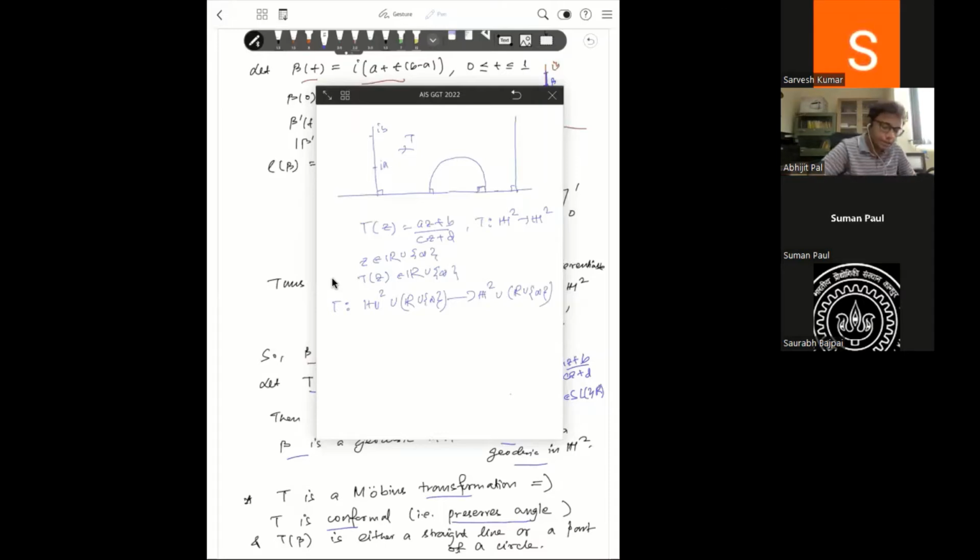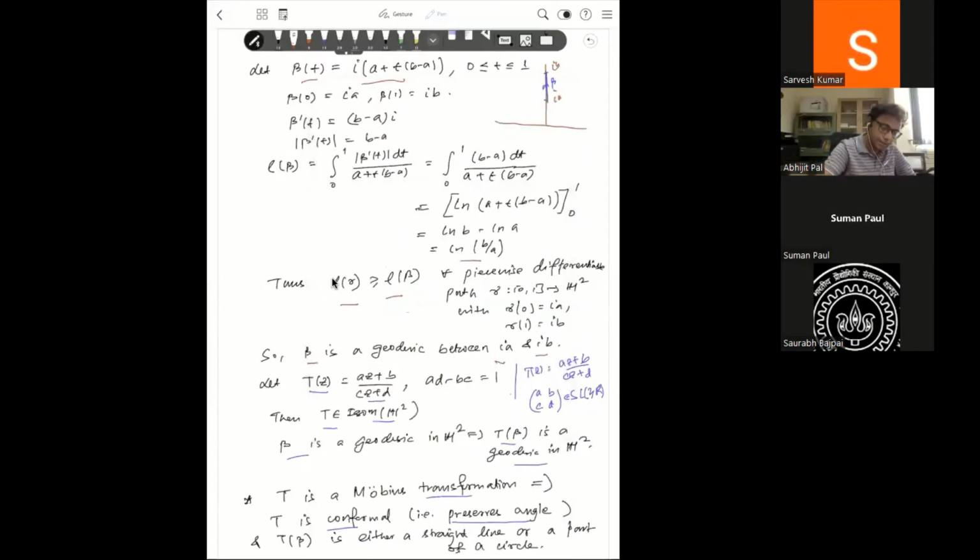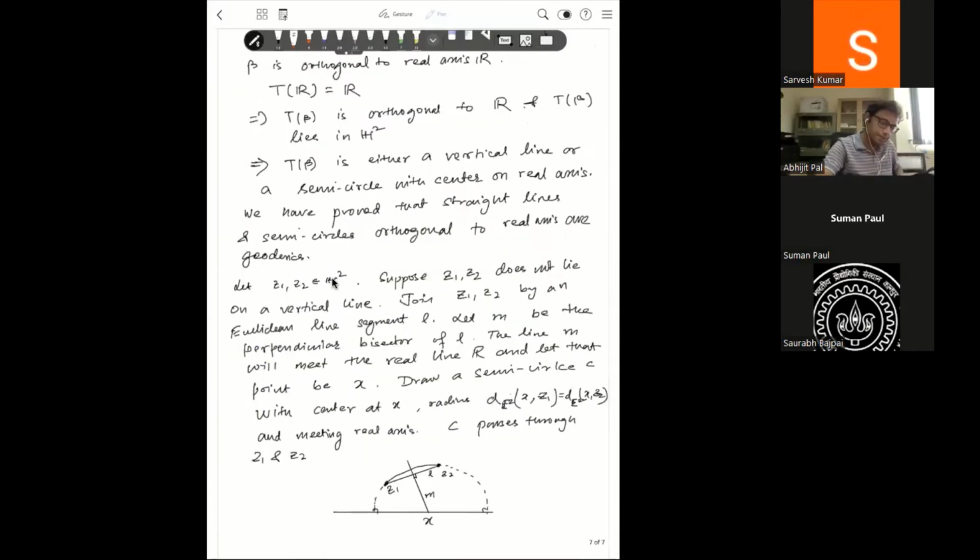Okay, so now you think in terms of complex analysis. This angle will be preserved. The image of this imaginary axis will be either a vertical line or a semicircle. So the semicircles and these vertical lines are my geodesics. This part I have explained here. And another thing is that